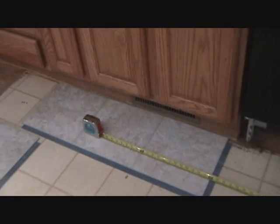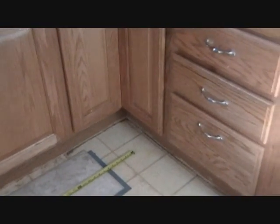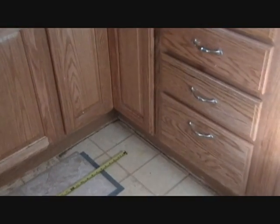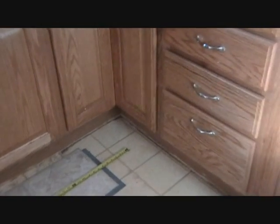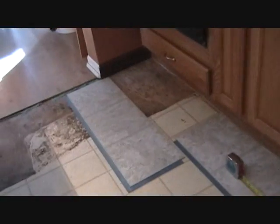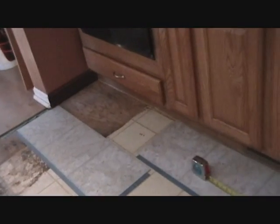I have that tile centered where I want it, so by taking a measurement I can get full lengths to there. I'll have about a 6-inch leftover area, which will be okay. You don't want a very small area to attach because it won't work right, but that should be okay. And then I'm going to cut that piece at the opposite end into the wall so it fits in there, and then I'll be able to go, once I get all that done, I'll get my piece under the dishwasher,